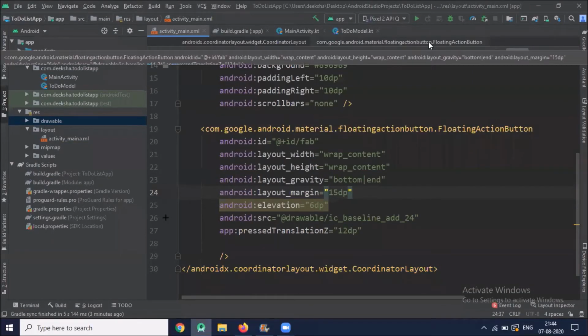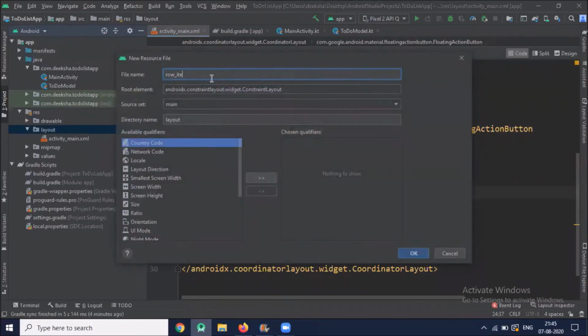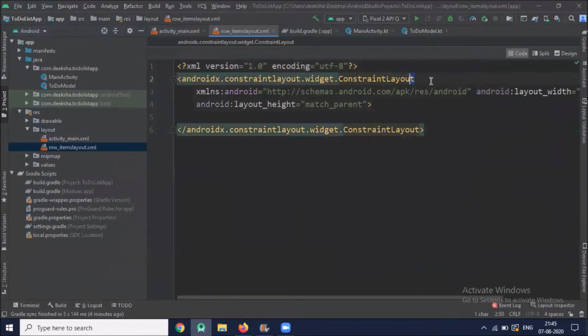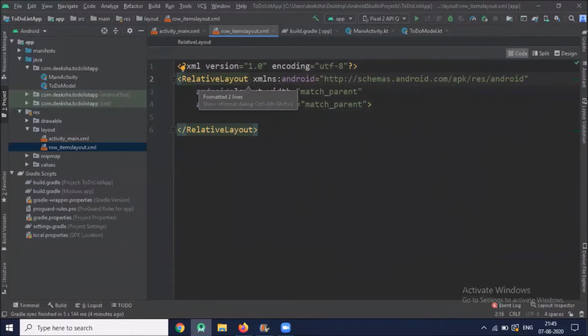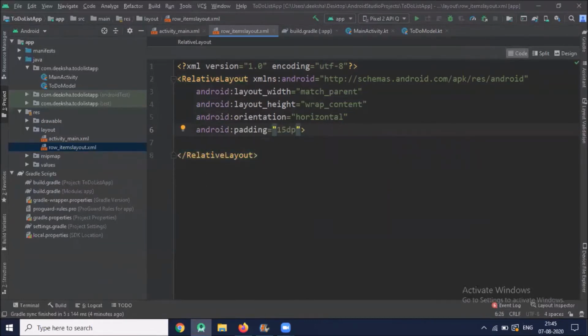Now we will create one layout for list view rows. So click on layout, create layout resource file, row item layout. Here we will use relative layout. Now we will create one custom background for our relative layout.